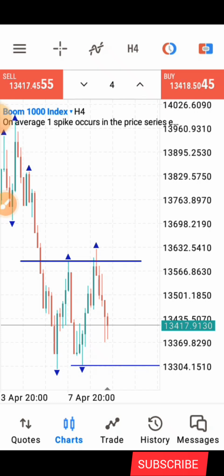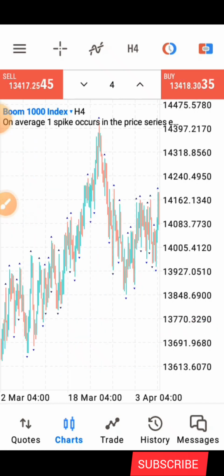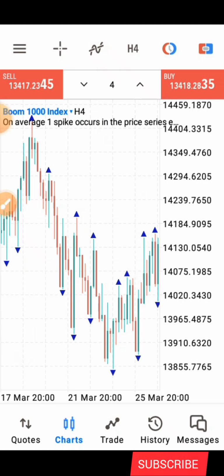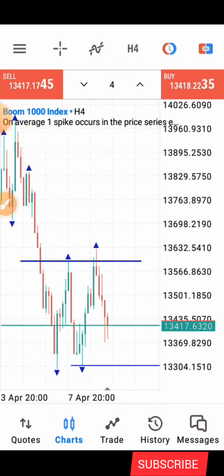Actually, this is a strategy any beginner can use. If you're a beginner, you can also use this strategy because I'm going to be explaining it as simple as possible. Now after marking out the structure,